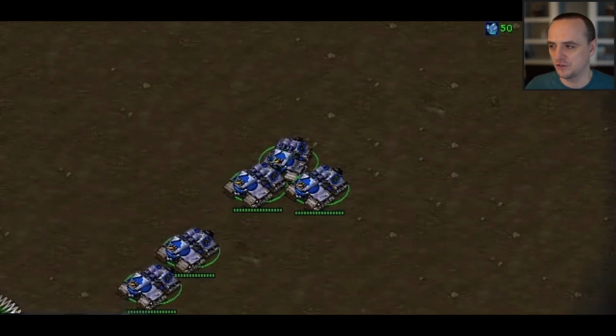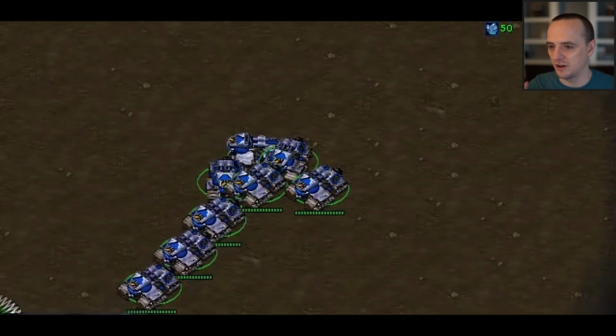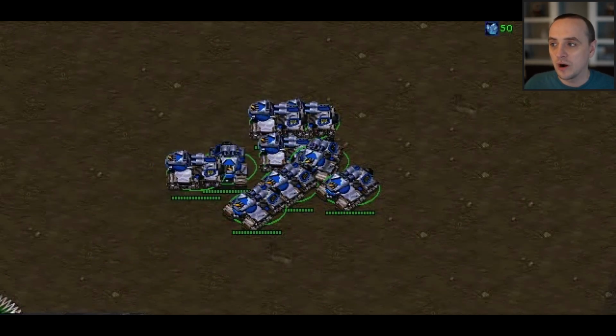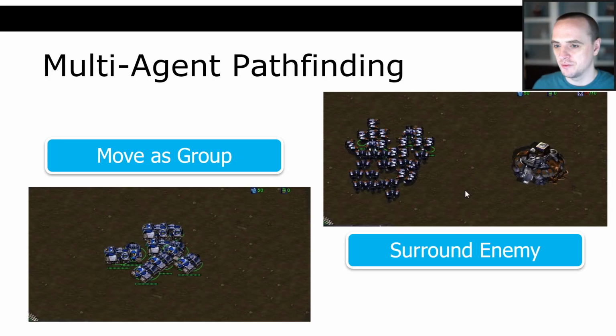And so these first few tanks, they'll be just getting picked off, and you want to be able to move as a group if possible. And so we're actually going to be doing a group pathfinding algorithm for assignment 2. It'll be really cool.